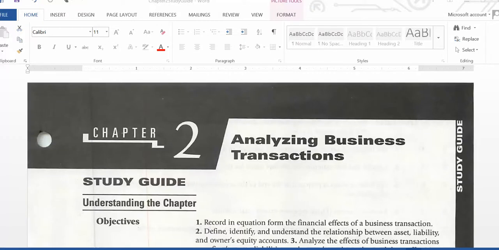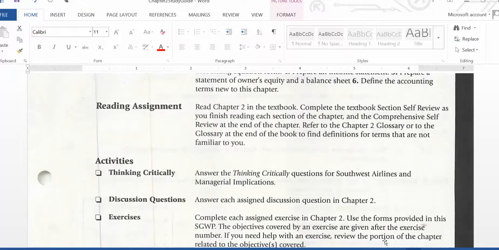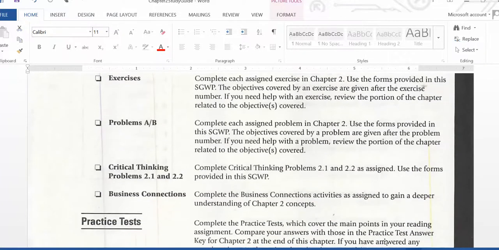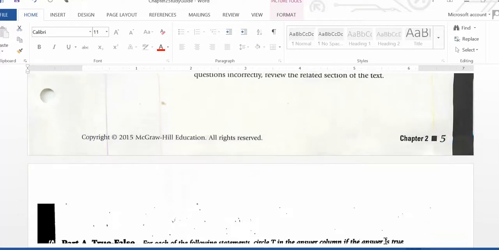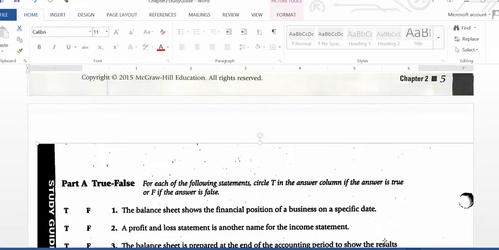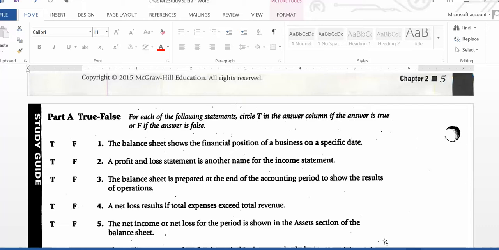Chapter 2 Study Guide. Just a little bit of an introduction to how we're going to normally use the study guide, especially the first few pages. As you skim through the objectives and the information here on the first page, just look at the objectives. Now, what I've always done for the last 14 years when I teach accounting in the classroom